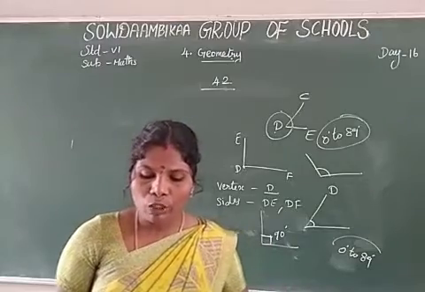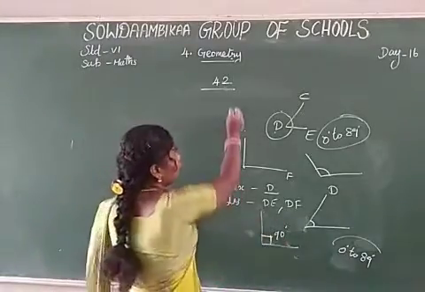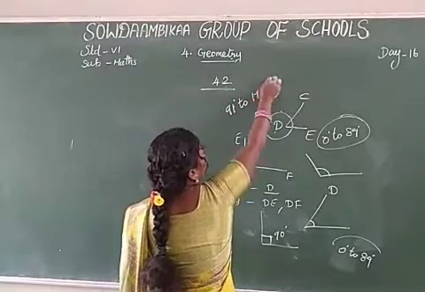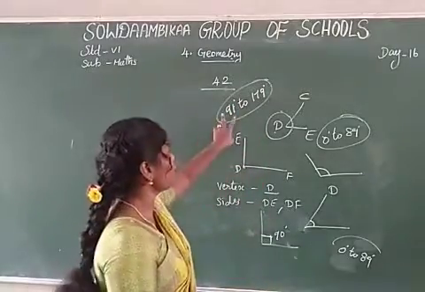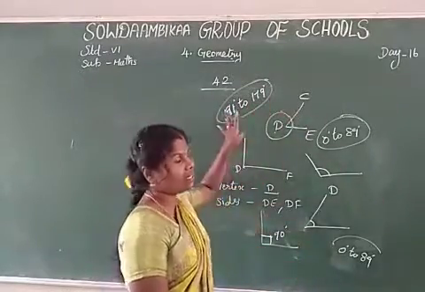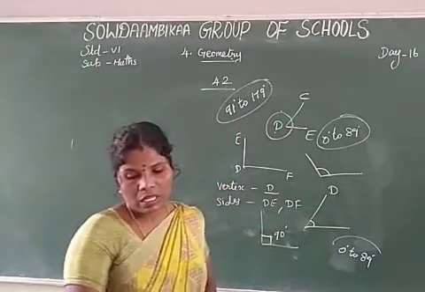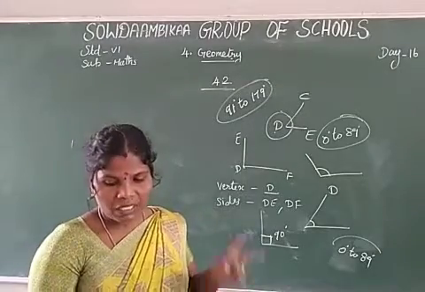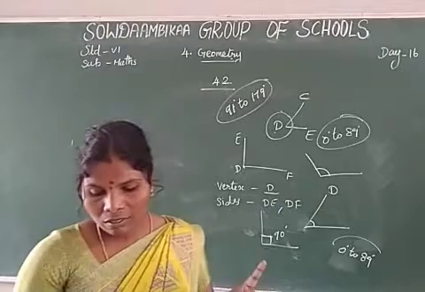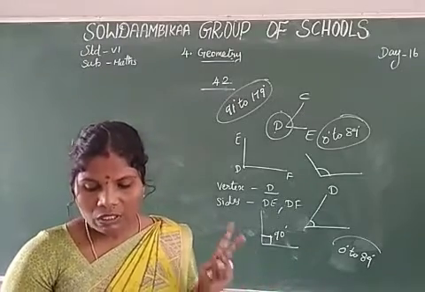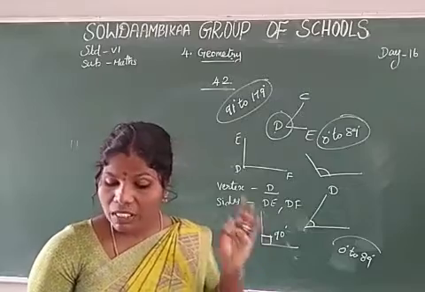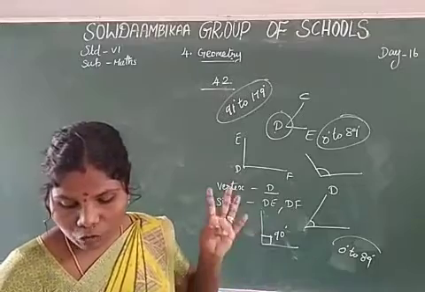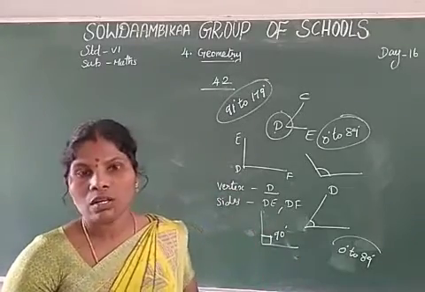Next, fifth one: pick out the obtuse angles, above 90 degree. 91 to 179. Okay, because 90 degree is a right angle and 180 degree is a straight angle. So see the pictures. First one, obtuse angle 101 degree. First one and second one only are obtuse angles, because the third one is this side, so right angle. Fourth one, below 90 degree, is an acute angle. Next fifth one acute angle. Sixth one also acute angle.